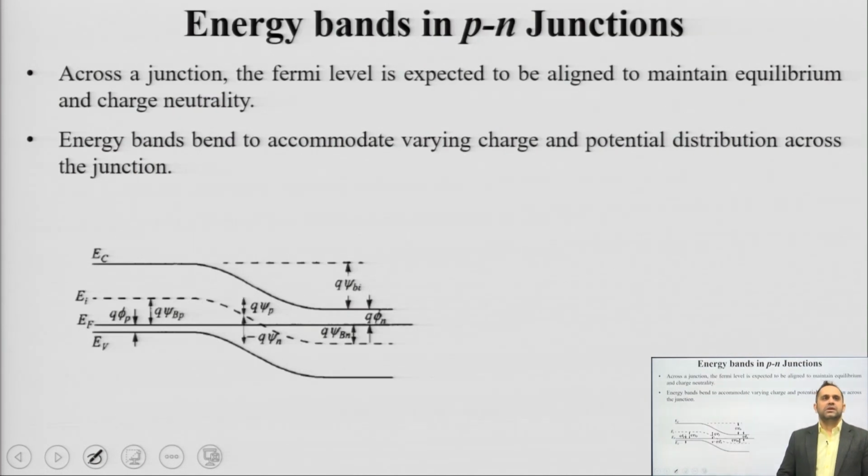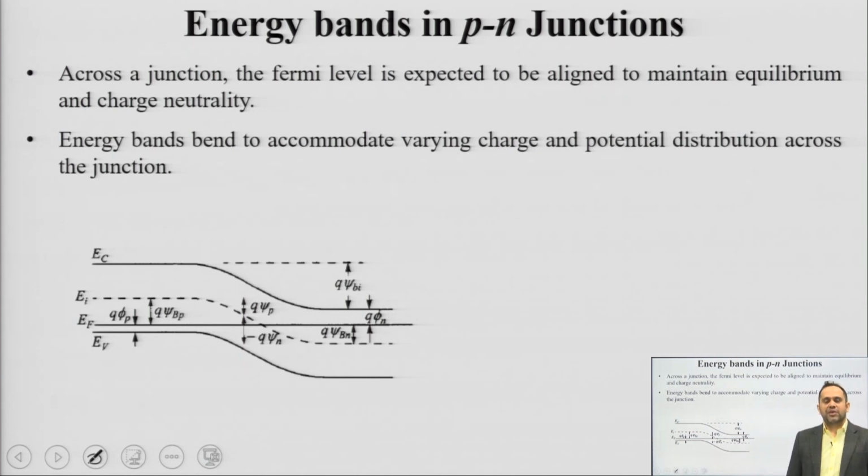This diagram on the slide is basically showing you the energy band diagram. We have seen energy band diagrams before, and you have drawn energy band diagrams of a p type semiconductor. There the Fermi level is closer to the valence band, further away from the conduction band. In an n type semiconductor, the Fermi level is closer to the conduction band, farther away from the valence band.